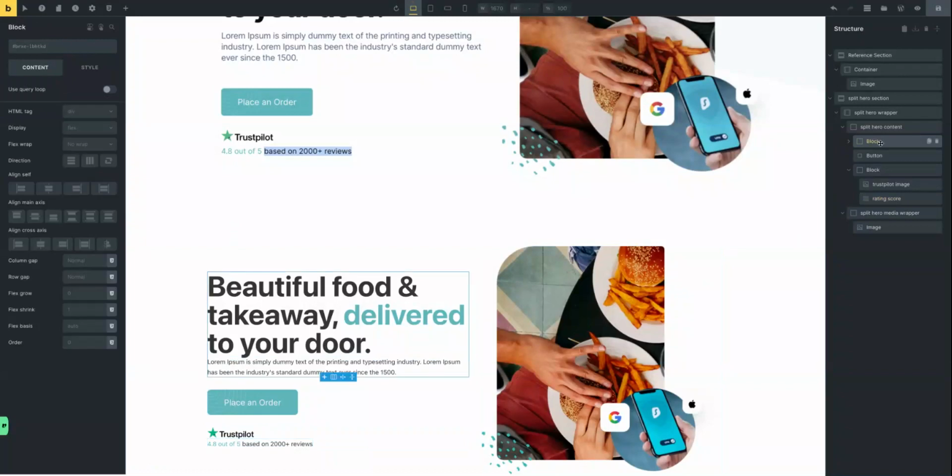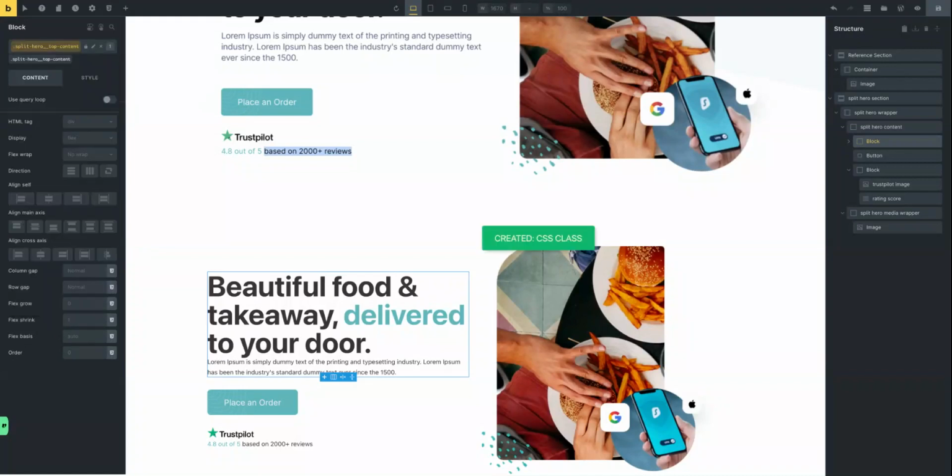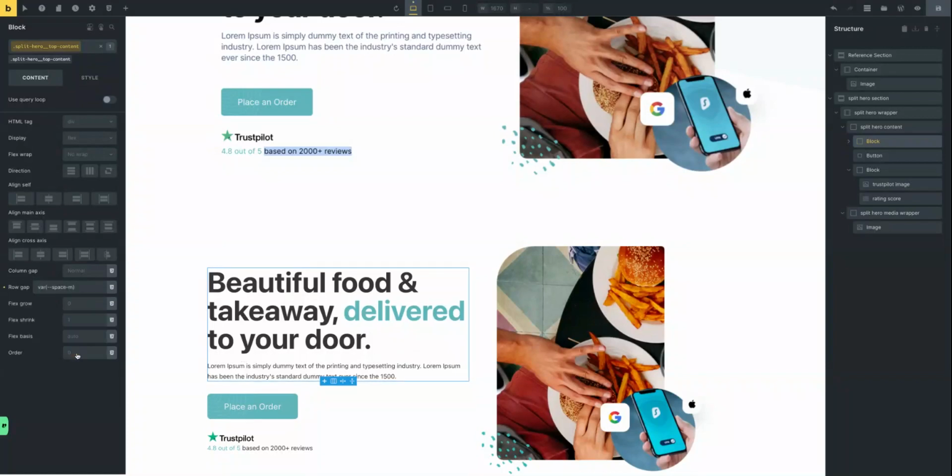And then for this block, we need to add a class to this, split hero_top content. And then let's put a row gap in there of space M,